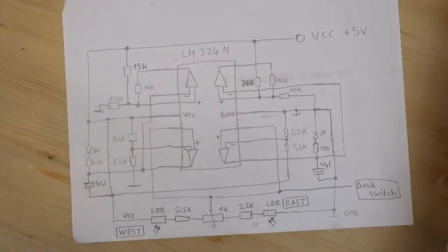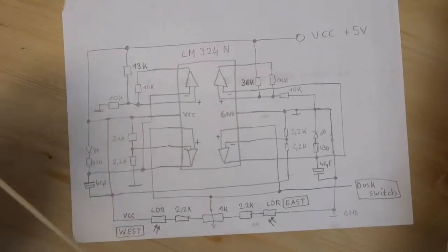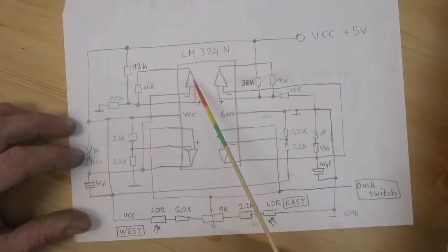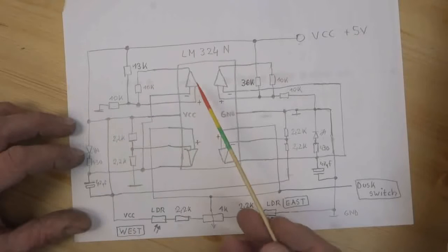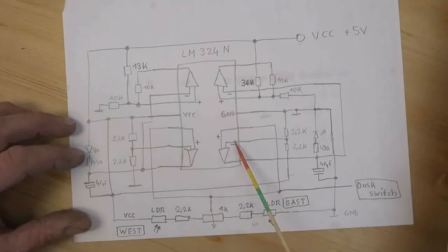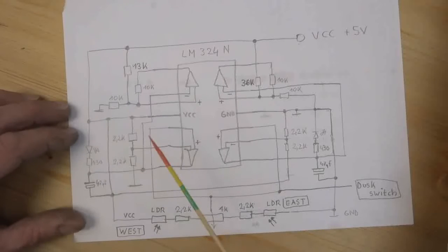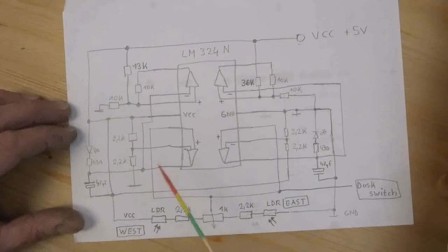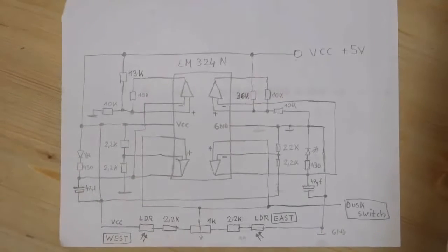As I said, the main brain of the thing is an operational amplifier, op-amp, a quad op-amp. So this means in this package there are 4 individual op-amps inside. It is the famous LM324N, a very widely used component. And I used all 4 of these op-amps here